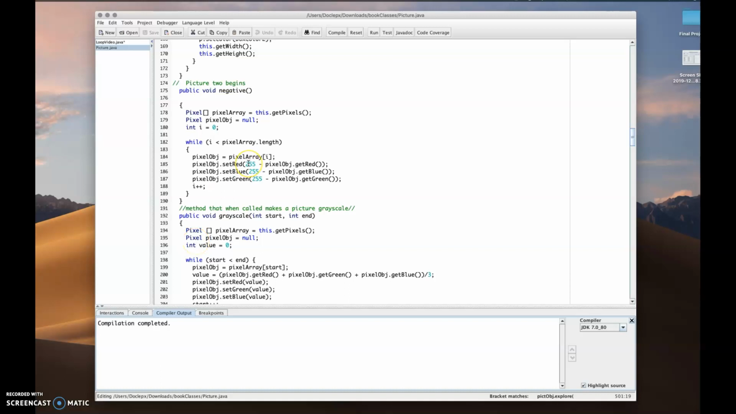Hello, this is my video on loops, and what we're going to be explaining today is a for and a while loop. We're going to start with the while loop here in this method. This while loop has the condition inside, so the condition